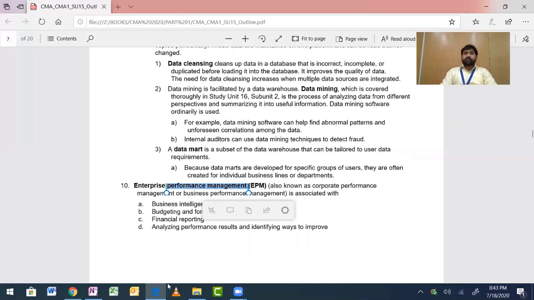With ERP, what are we doing? We were doing the resource planning. Resources, material, labor, the employees, the assets, these are the resources of the enterprises. With ERP, you are trying to manage them. You are trying to plan their work efficiently. Here, you are trying to see enterprise performance management. So you are trying to evaluate the performance.